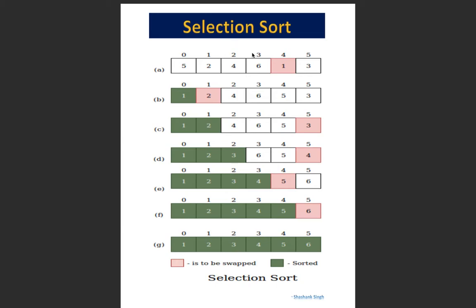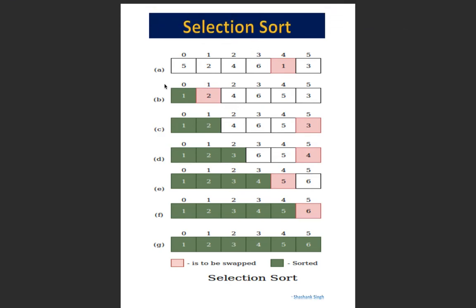So basically the selection sort algorithm is an in-place comparison-based algorithm in which the whole list is divided into two parts. The first one is the sorted part, which is at the left end, and the second one is the unsorted part, which is at the right end, right? Initially the sorted part will be empty and the unsorted part will be the entire list, and later on we'll try to find the minimum element from the unsorted part and replace it with the first element of the unsorted part, right? And we'll keep doing the same thing until the whole list is sorted,